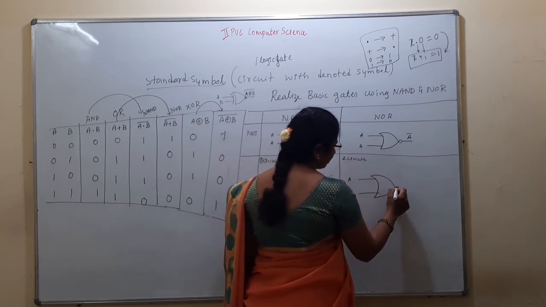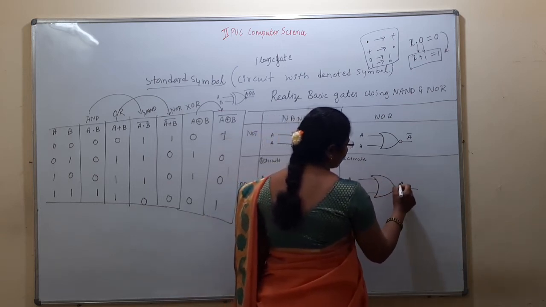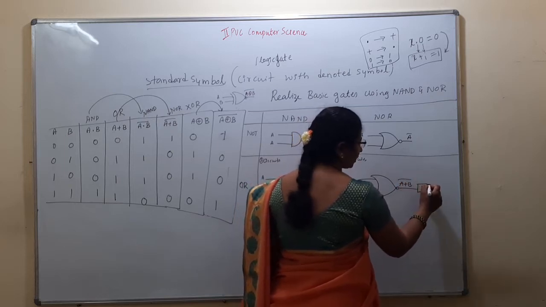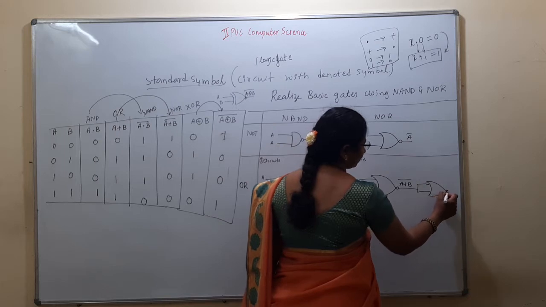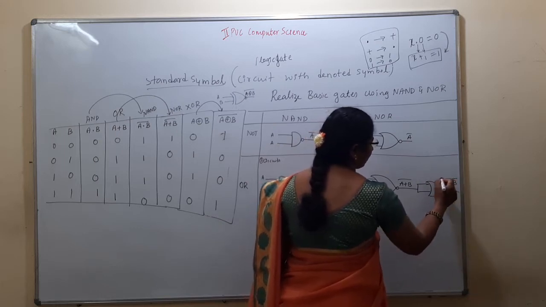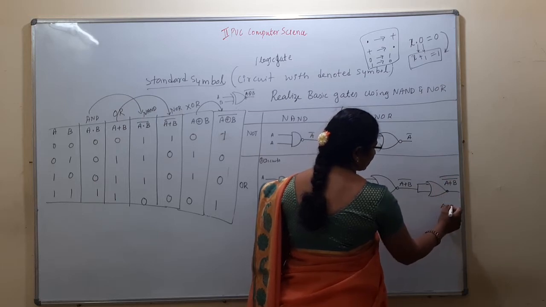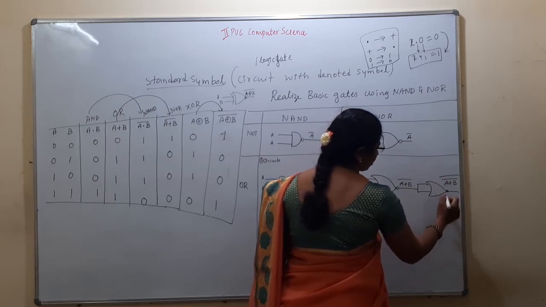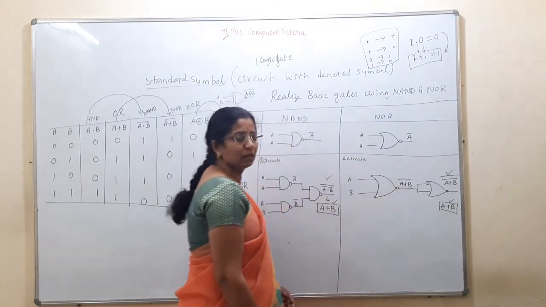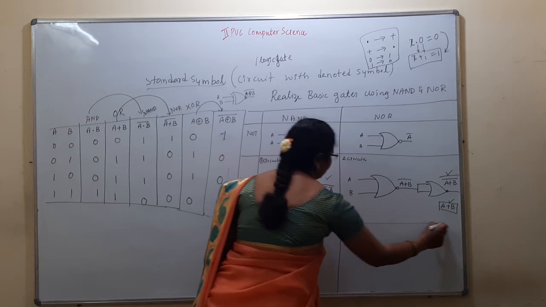Then here, 2 circuits with the 2 different inputs A and B. Give to the circuit, you will get A plus B whole complement. Give the same input twice to the circuit, A plus B double complement. So you will get A plus B. So this is important. Understood? So the next one, AND.